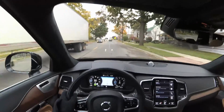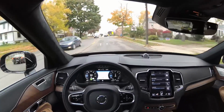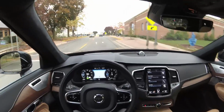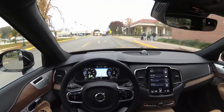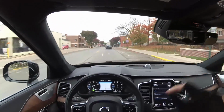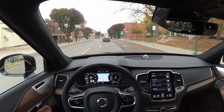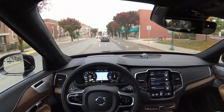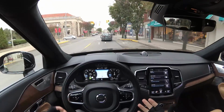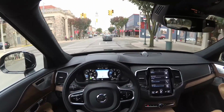Hey guys, this week we are in a Volvo XC90, and this is the new 2017 with autopilot and some newer updated luxury features throughout the cabin, like massaging seats and headliner and stuff like that. Mostly right now I'm testing out pilot assist mode, where basically the car just attempts